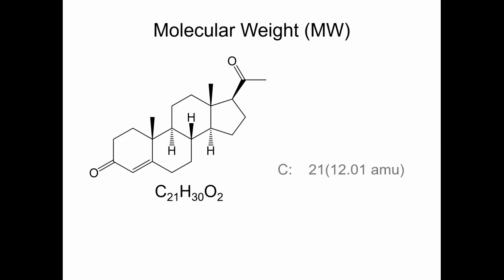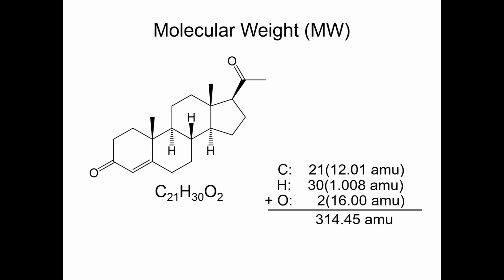sandwich. Anyway, to figure out the molecular weight of progesterone, I'm going to multiply the atomic weight of carbon by 21 because there are 21 carbons. I'm going to multiply the atomic weight of hydrogen by 30 because there are 30 hydrogens. I'm going to multiply the atomic weight of oxygen by 2. And then when I add all those up, I get molecular weight for progesterone of